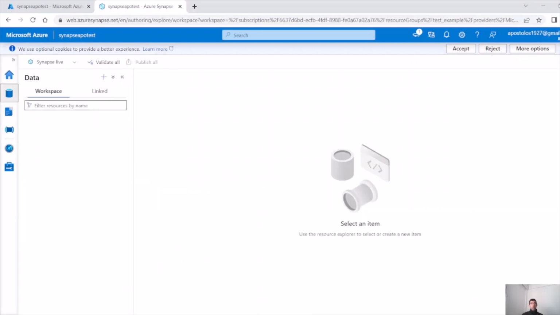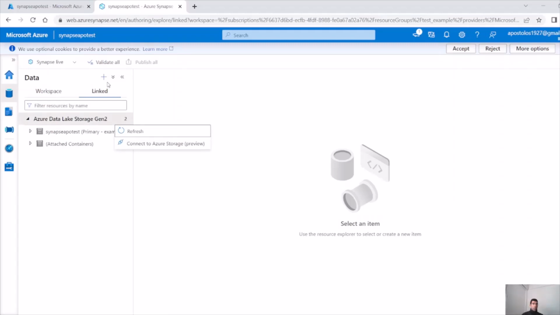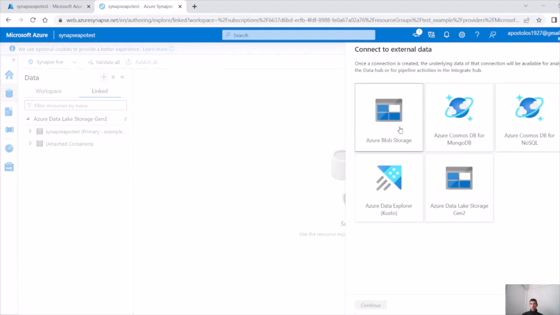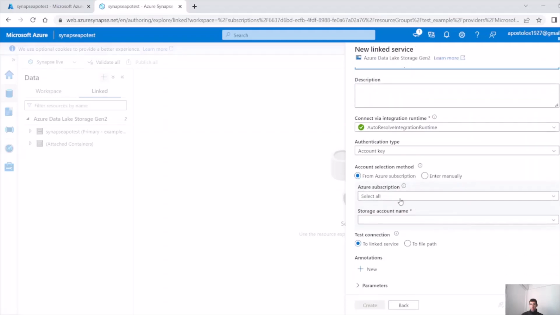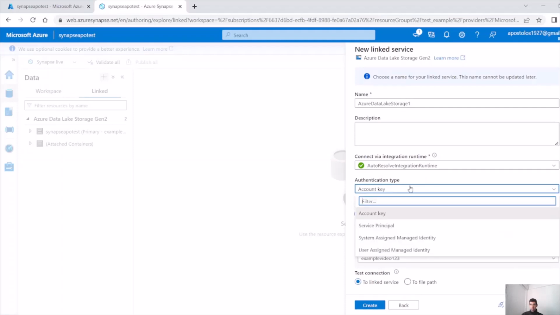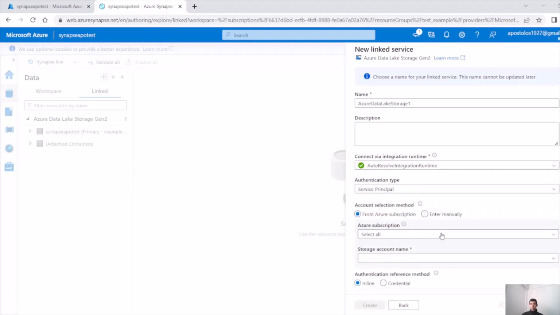Let's see. The first thing we are going to do here is create a linked service to Azure Data Lake Storage Gen2, which is the data lake in our case. I have already created one, but let's create a new one. Click on Connect to External Data here. Azure Data Lake, continue. Azure subscription, select your subscription, your storage account, authentication type, service principal, Azure storage again,